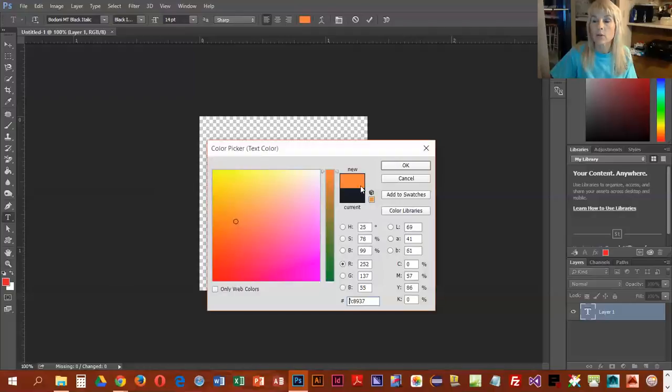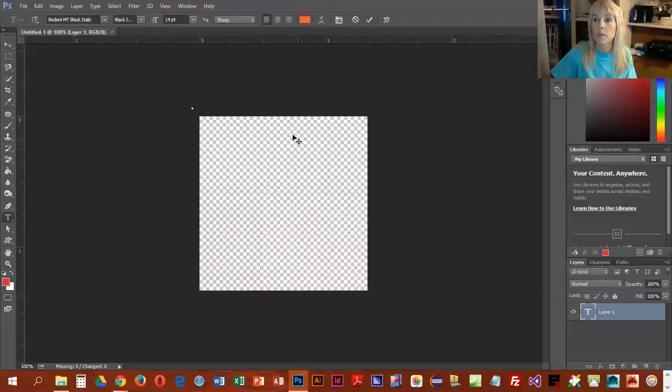Now, I tend to like orange, so I'm going to pick orange over here, darker orange. I'm going to click OK. And you can see my insertion mark is kind of out in space here. You want to click in the left corner. And before I start typing, you'll notice if I point above the insertion mark, I get a little move arrow. I can actually left drag that thing and pull it back onto the checkerboard. You might want to make sure left alignment is on. And we're going to call this native